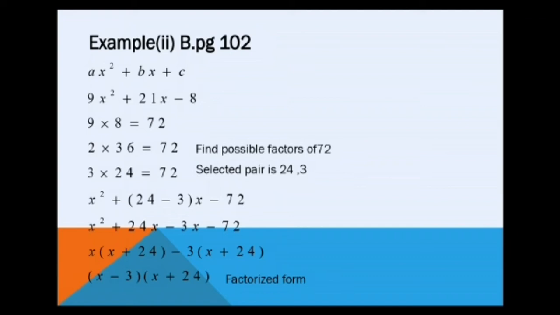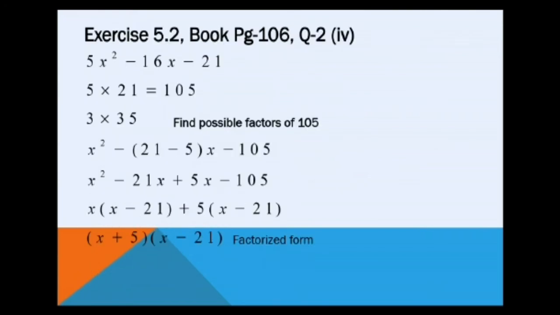So x squared plus 24x minus 3x will be written in proper brackets. Keep in mind that the bracket is very important, because using brackets is the easiest method to adjust the symbols. x squared plus 24x and minus 3 multiplied by x will be minus 3x minus 72. Now in the first two terms, x is common, so inside x plus 24 will come. Minus 3 is common in the last two terms, x plus 24 will become the bracket. x minus 3 will be written together by taking x plus 24 as common. So this is the factorized form. I hope it is clear to you students.